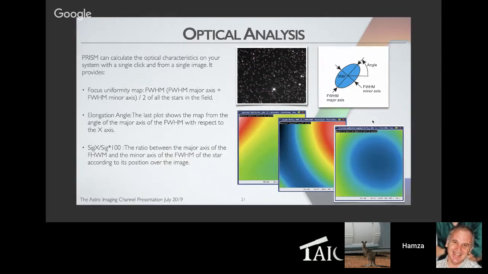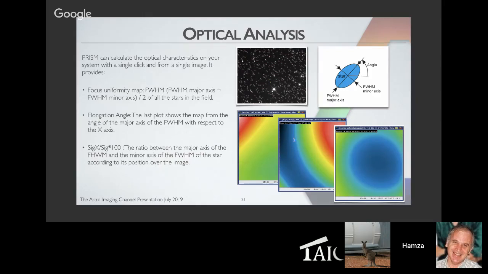Optical analysis. We have tools to tell you how crooked your system is. Sometimes one needs to know that to understand why there are stars that are elongated in the corners, or why all my stars are elongated in the same direction. Well, Prism can calculate the optical characteristics of your system with a single click from one image. If you open the M33 from earlier, with one click, you can get all these images, which are the analysis